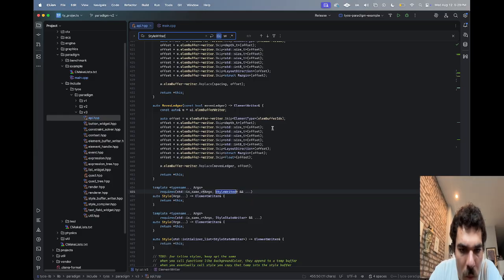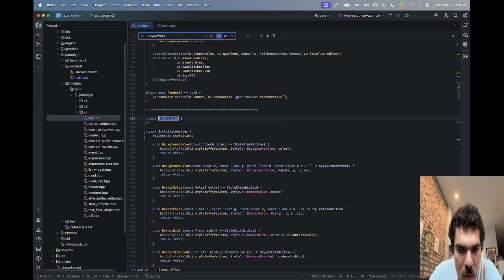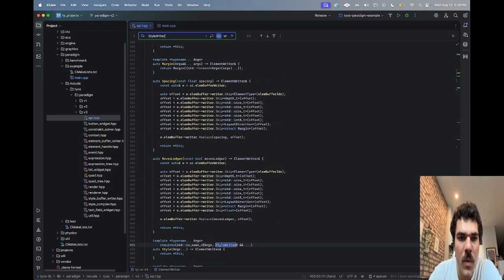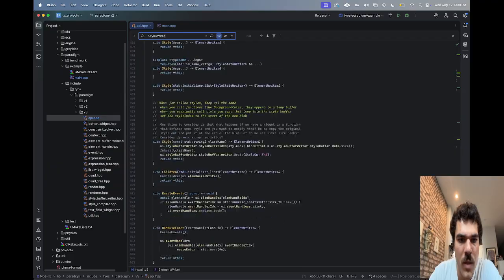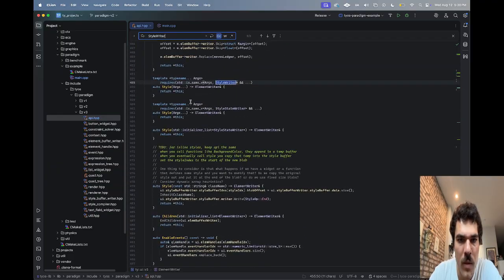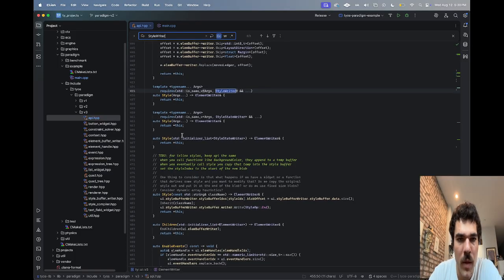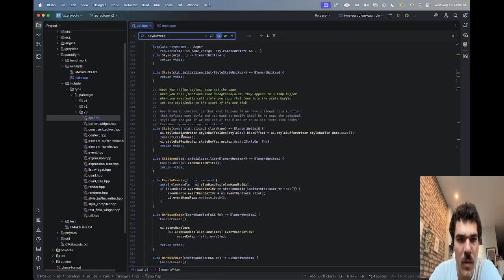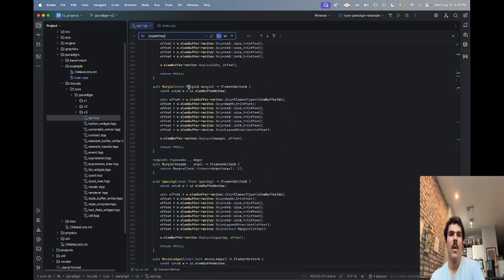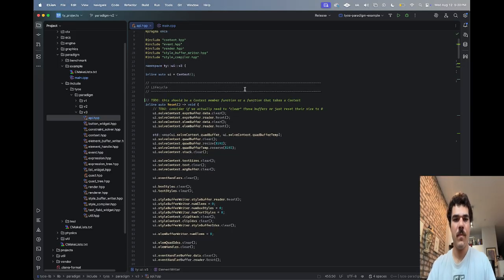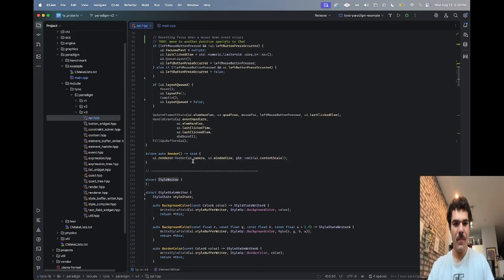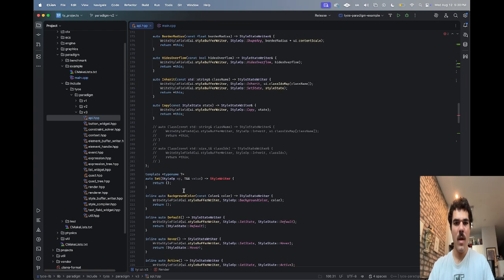I don't think we do, because we also have some style function that just takes a string somewhere, I think. Yeah. Okay. I'm gonna get rid of this style writer, or at least I'm gonna comment it out, and then